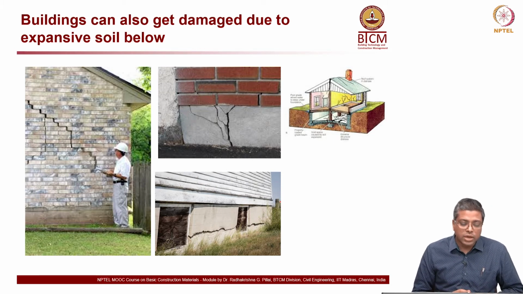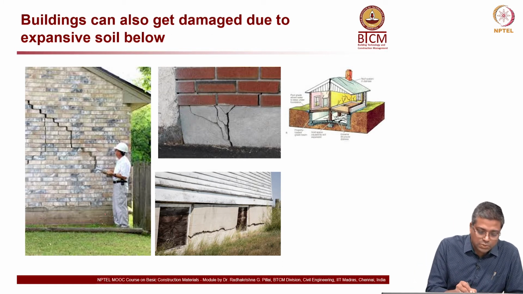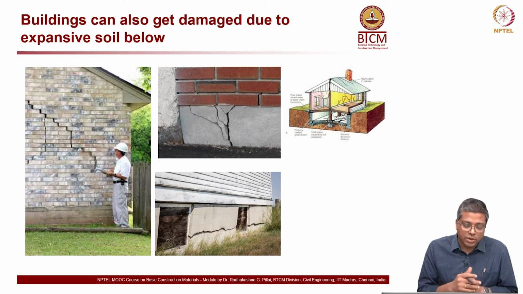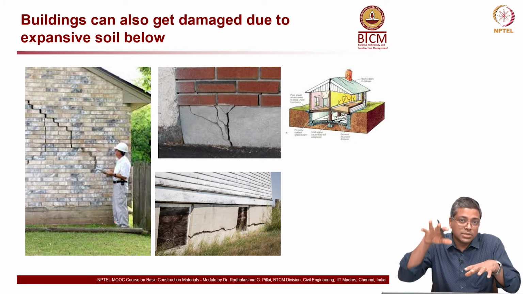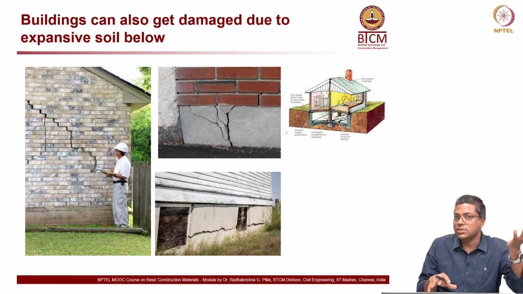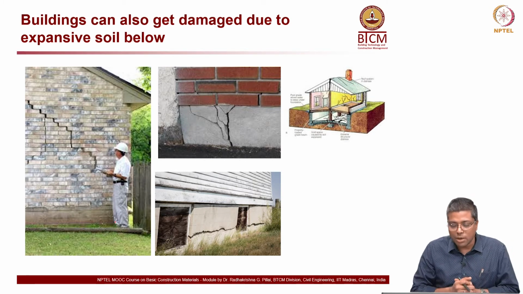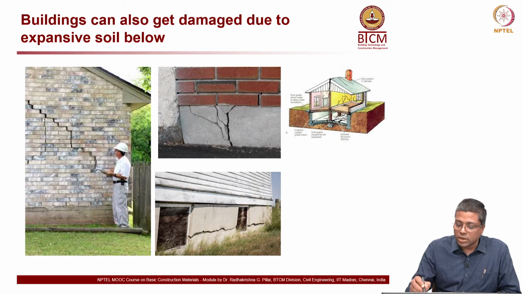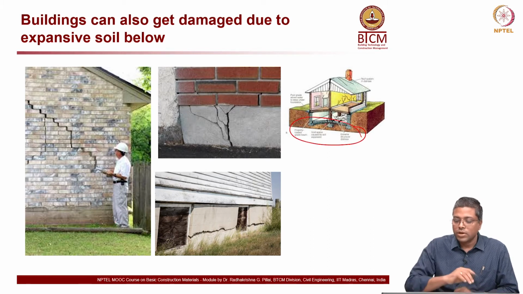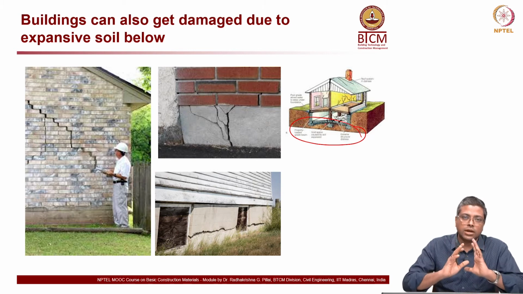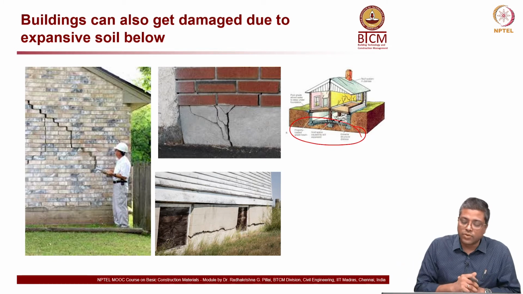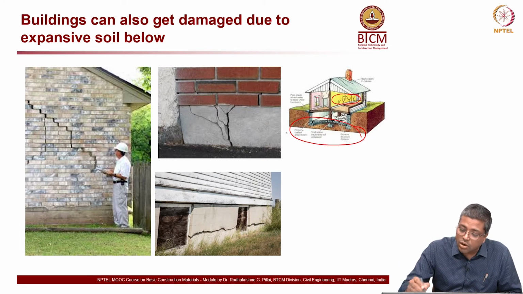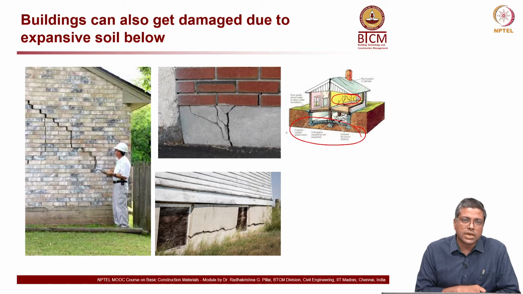Now, buildings can also have this problem because of soil expansion. For example, in this particular building, there are different types of reasons for these cracks. It could be settlement, where some region is settling, but it is also possible that some other region is expanding and pushing up the foundation. You can see this sketch showing the soil below. If it expands, it will push, the beams might get cracked, the foundation might get affected, and that might also lead to cracking of the walls, because overall the structure is getting affected.